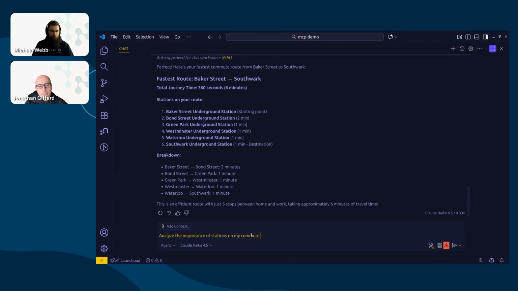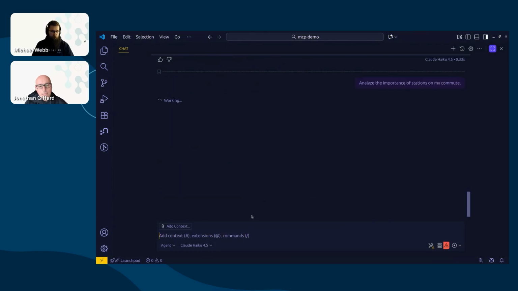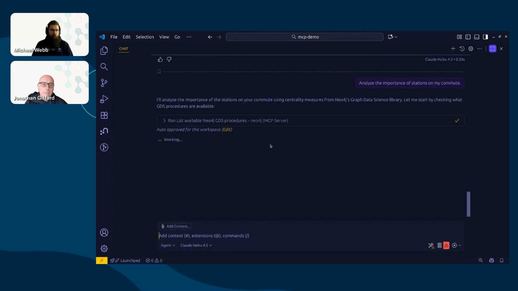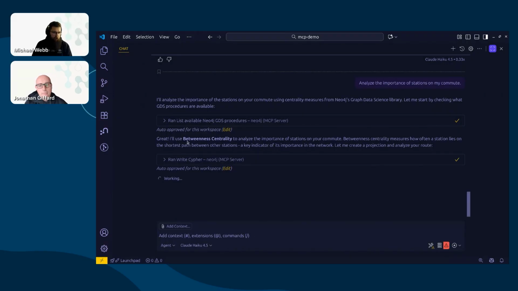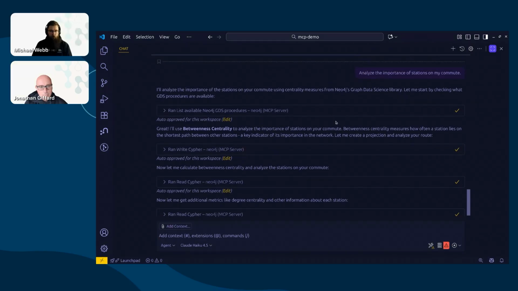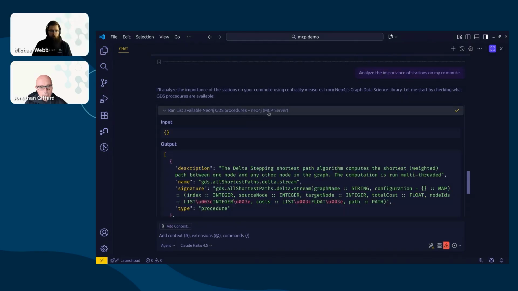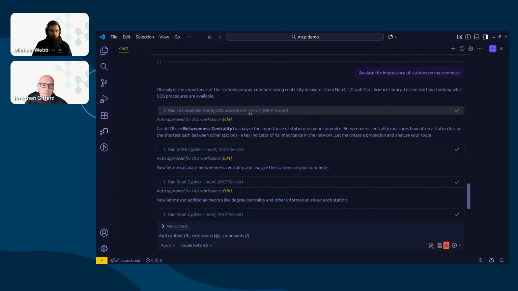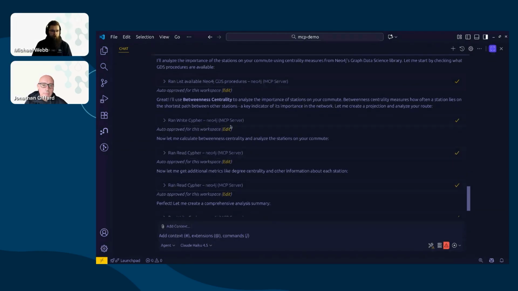So I want to analyze the importance of stations on my commute. So we have a bit more graph data science type of question going here. It says it's going to be using the betweenness centrality algorithm to find out the most central station on my route. And we can see it's running a list of available GDS procedures.